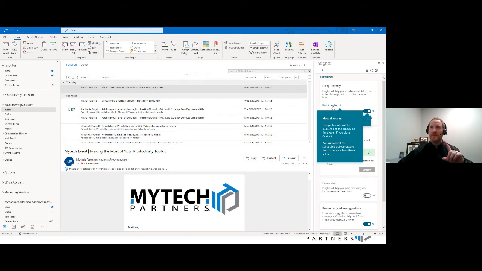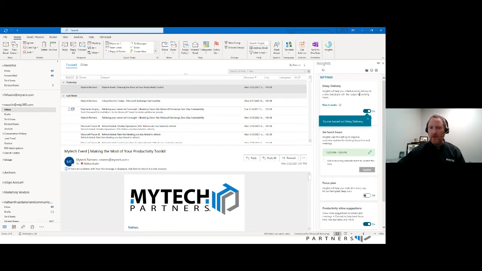That's a difference versus scheduling a delivery delay, which you can do in Outlook, because your Outlook has to be open in order for the email to send. So this doesn't work that way. The other thing I like about this is that it works to align with the recipient's working hours. I know several of our clients work with folks that travel internationally or are based internationally. So this will work to send those emails during the recipient's working hours versus your working hours. I thought that was kind of interesting.